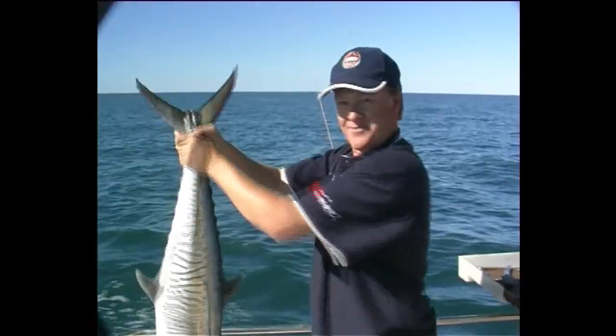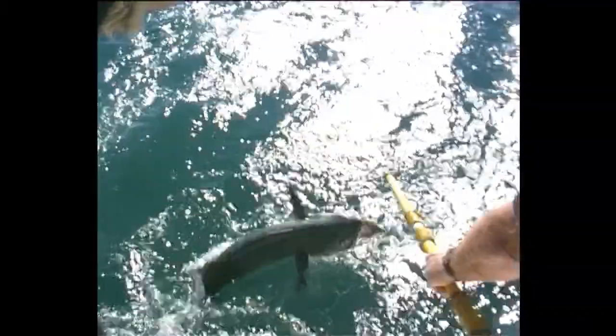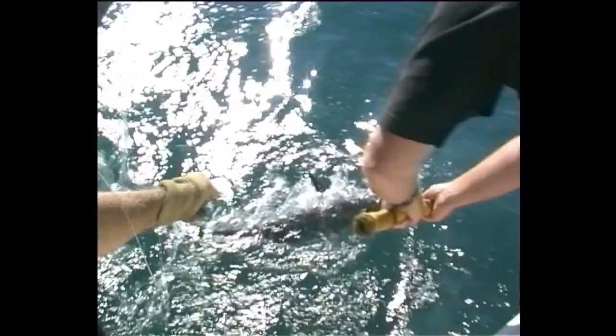Whoa! Exmouth mackerel! The Spaniard is often the first sport fish a new angler will catch, and that's why we all love them. Just remember, when you get your first one to the boat,